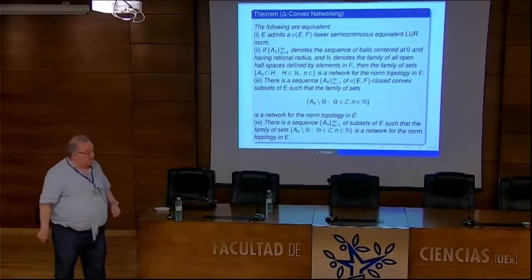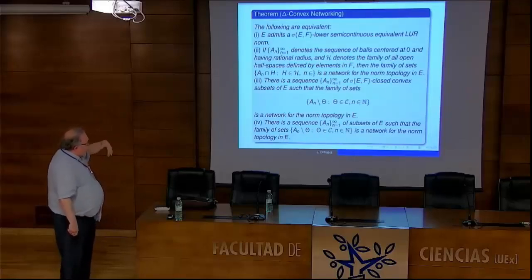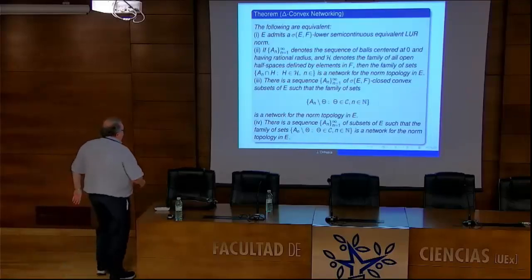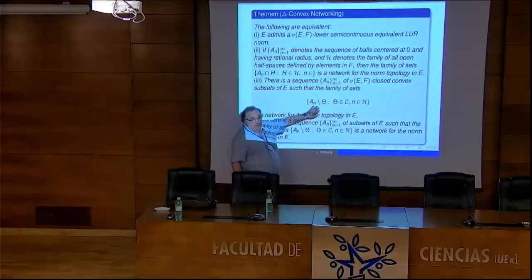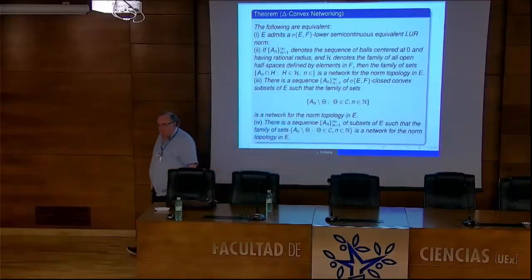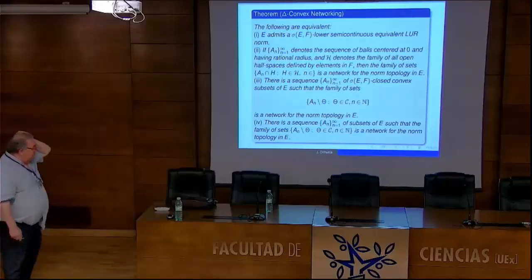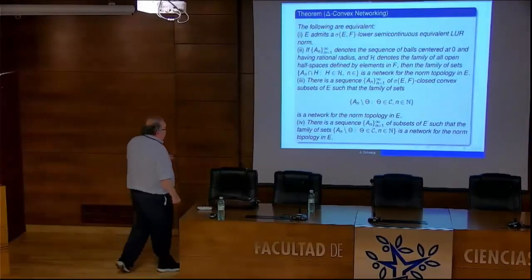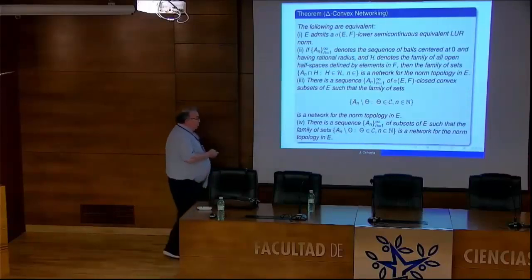The sequence could be chosen closed, convex, arbitrary, and then the difference is a network for the norm topology. Have a look here, topologists, have a look here. The network is formed by sets which are differences of closed convex sets. This is an important thing too. Anyway, there is a sequence of subsets such that this family in general is a network. So this is